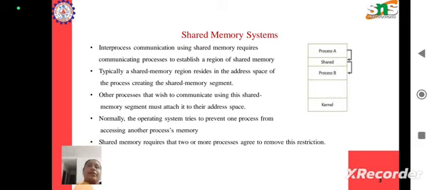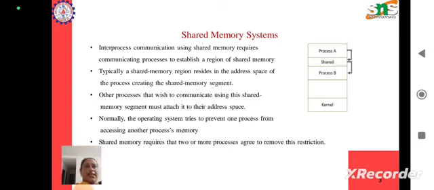But if a shared memory system has to be executed, then shared memory requires that two or more processes agree to remove this restriction. What was the restriction? This restriction was that one process's memory cannot be accessed by another process. But if we want the shared memory system to work, then the processes that are going to communicate must remove that restriction in which the operating system does not allow the memory of one